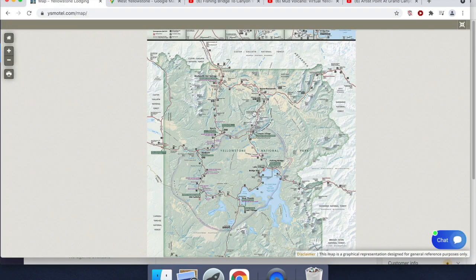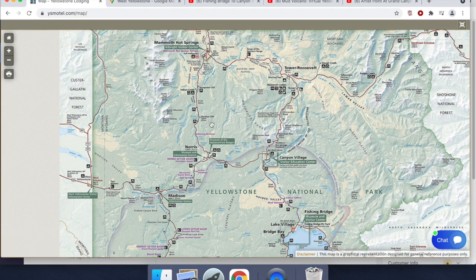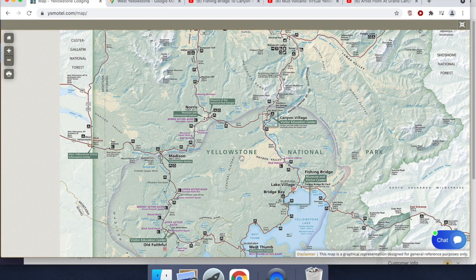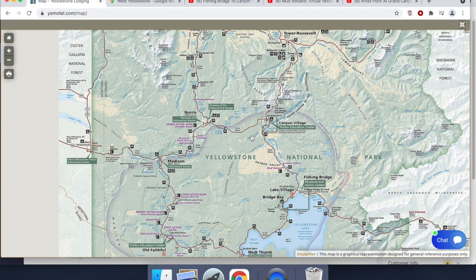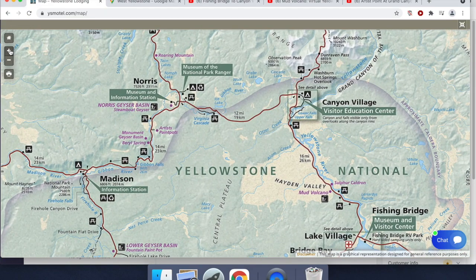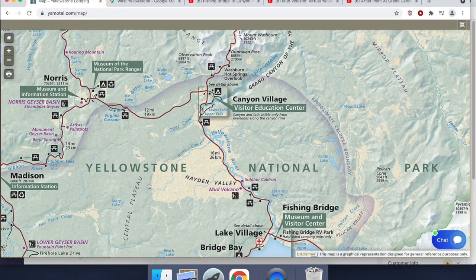Those of you who've seen several of these podcasts or videos will know that the roads through Yellowstone make up a massive figure of 8. Tour companies like ours will divide our tours into a tour of the lower loop of the figure of 8 and a tour of the upper loop of the figure of 8. And today we're going to be in the northeast corner of Yellowstone's lower loop,